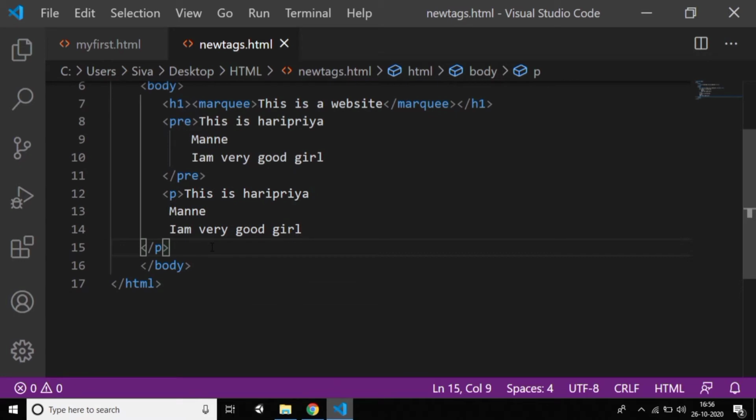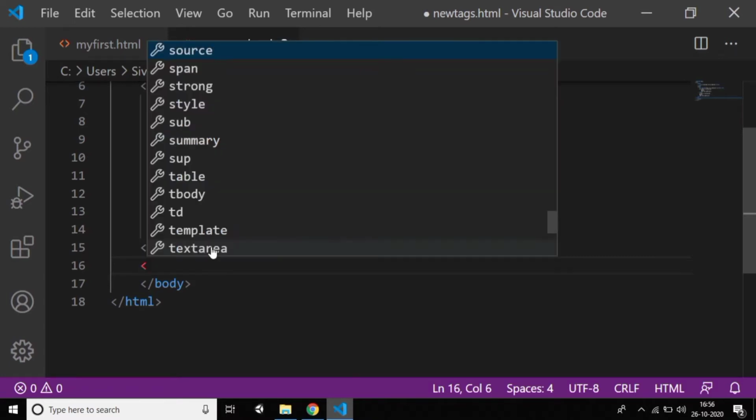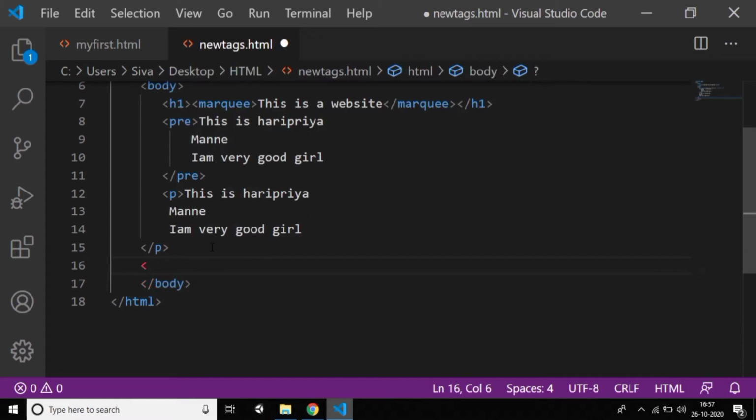And now another tag available is called code. Generally I explained how to bold the text. Suppose you want to write "this is Haripriya", so I'm writing "this is Haripriya" in a p tag. If you want Haripriya to be in a lighter size, generally I explained how to bold and how to use strong. Everything was explained in the previous tutorials, like the bold tag and strong tag. But if you want to lighten the text, is it possible or not? Yes, of course. It is possible by using the code tag.